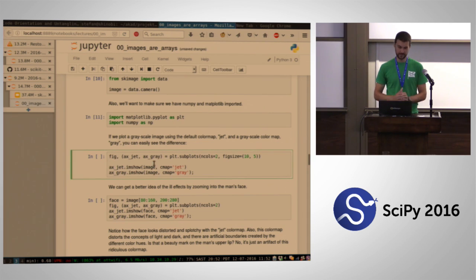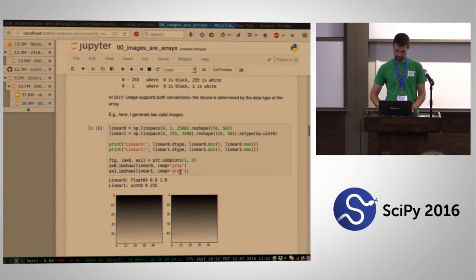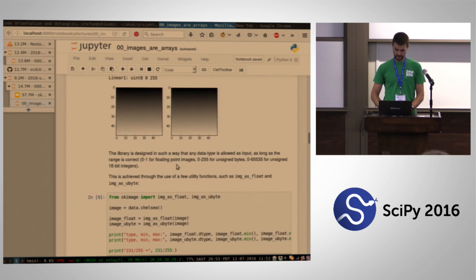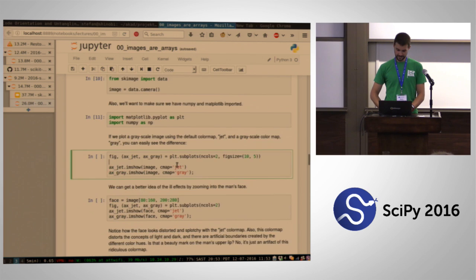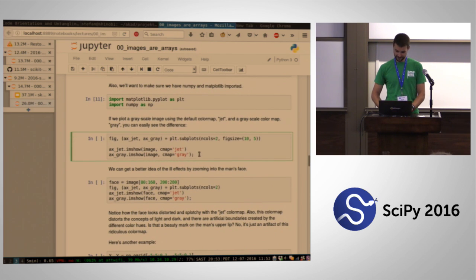We've already done a bit of displaying of images, but you might have noticed in all of our display calls we specify cmap equals gray. That's saying how do I convert from integer values to what I see on the page, and you can map to a whole bunch of different colors, or you can map to a grayscale level. And so by default, until soon, matplotlib uses